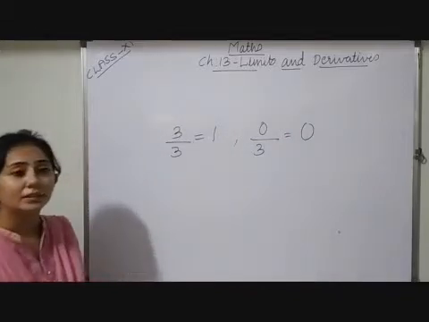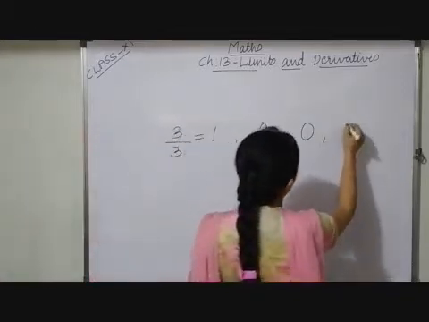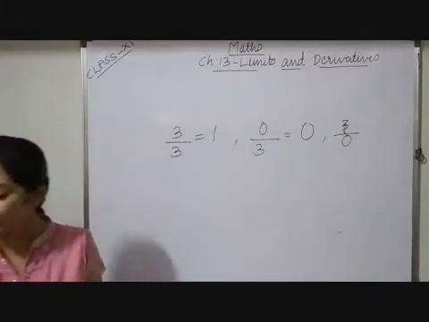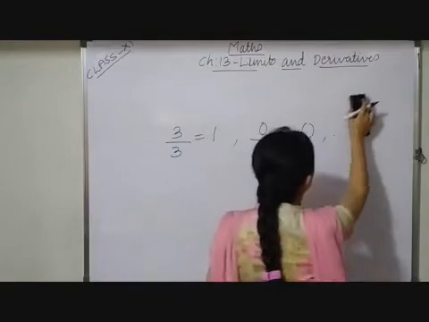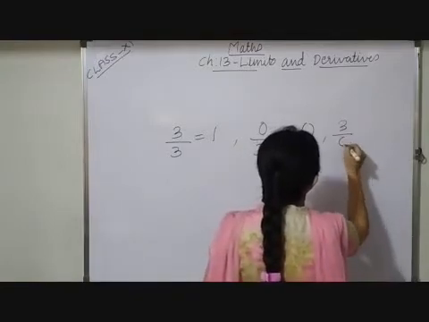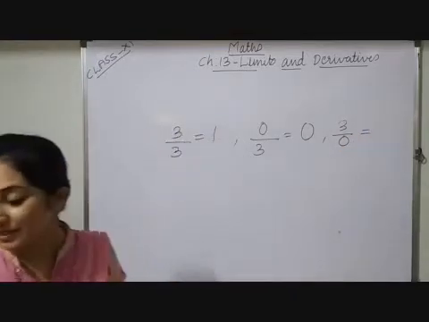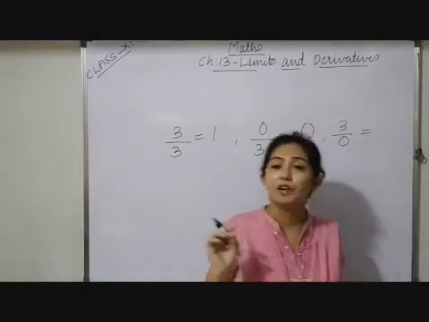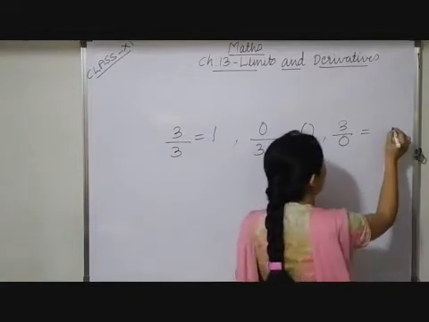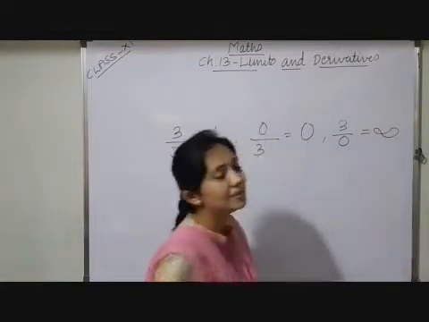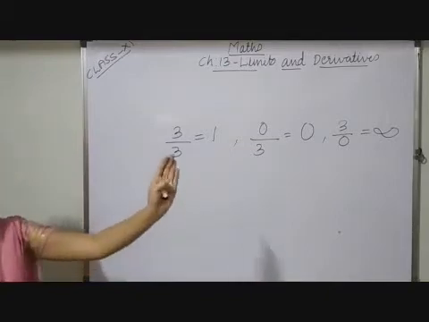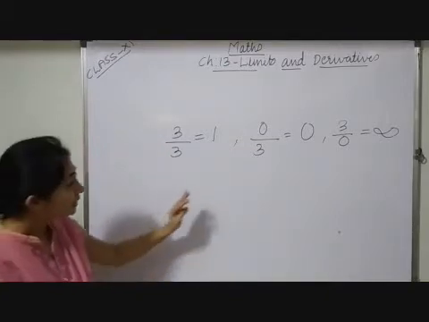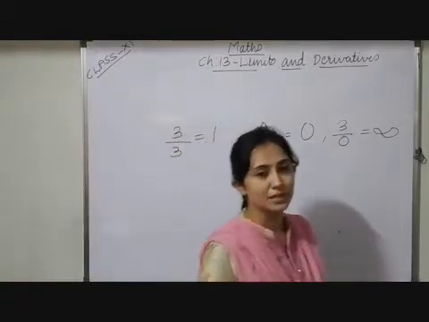In place of this, suppose our question is 3 by 0. Observe, now I have a 0 in my denominator instead of the numerator. So at that time what will be its answer? We say if 0 is in the denominator, this form is not defined in mathematics. So its answer we consider as infinity. It goes towards infinity. We don't know this form. It is an indefinite form. So till here, children, you have studied in the number system.